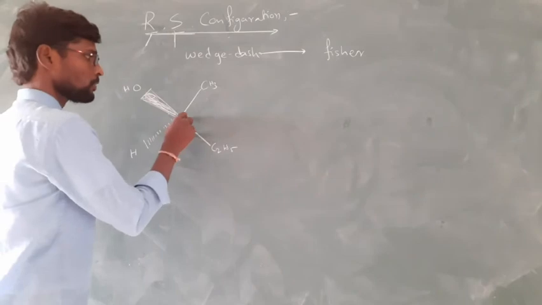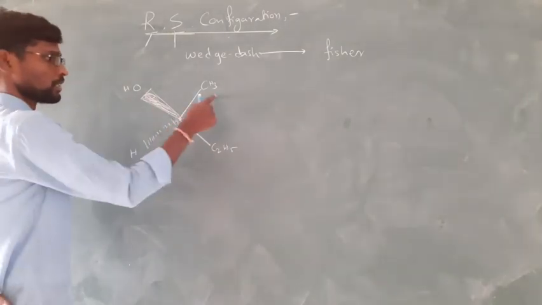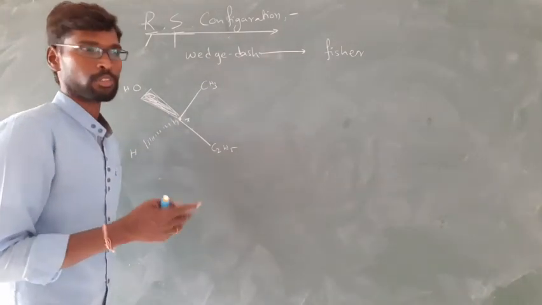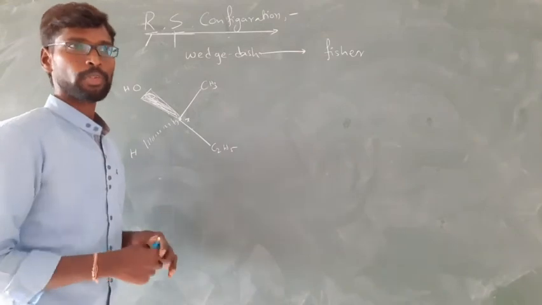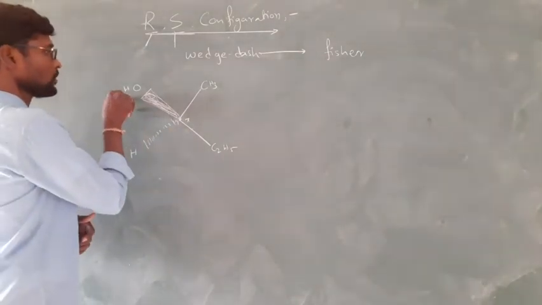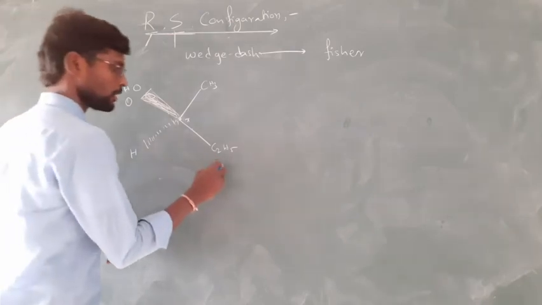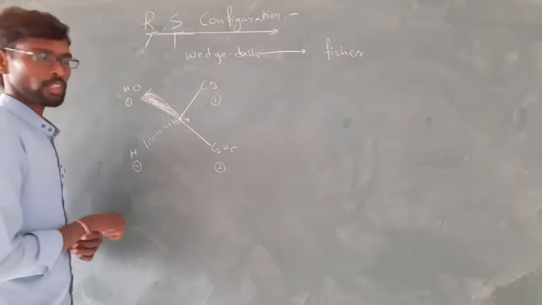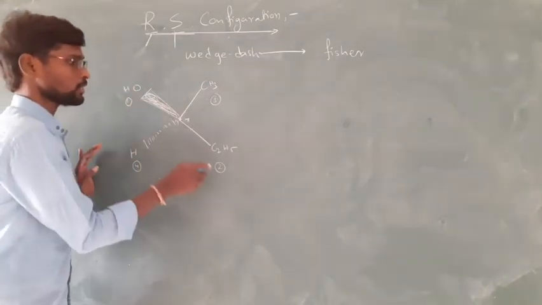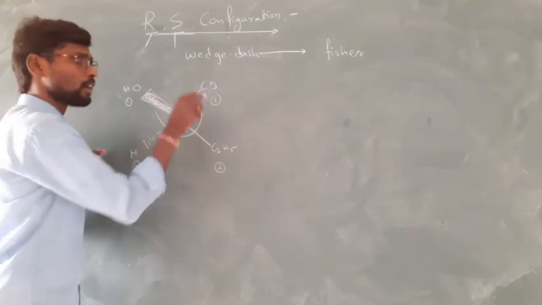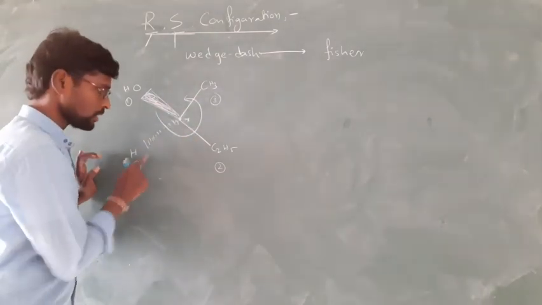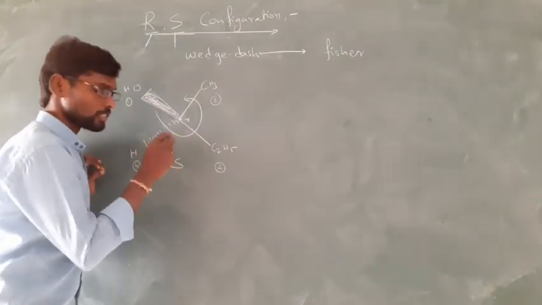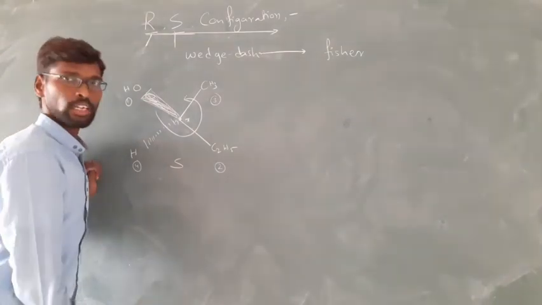Now this is a chiral center, with the groups OH, CH3, C2H5 and H. I am taking the same groups and the same molecule for understanding purposes; if I take a different molecule, you may get confused. So first OH will get first priority, C2H5 second priority, CH3 third priority and hydrogen fourth priority. Just now we discussed, if 1, 2, 3 are in anti-clockwise direction and hydrogen is on the dotted line, this will get an S notation.